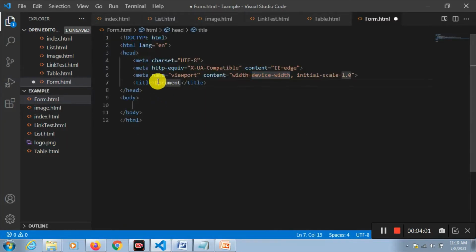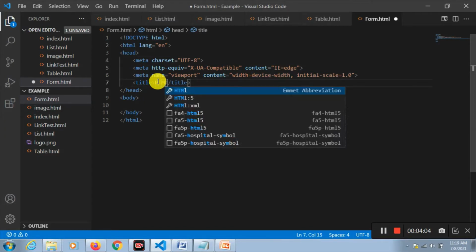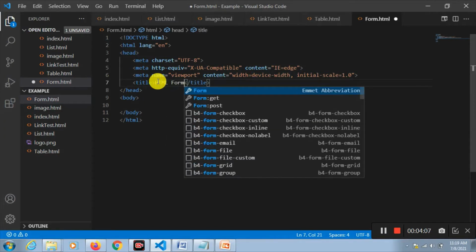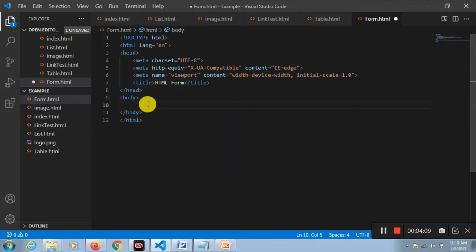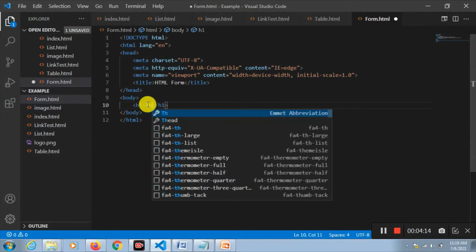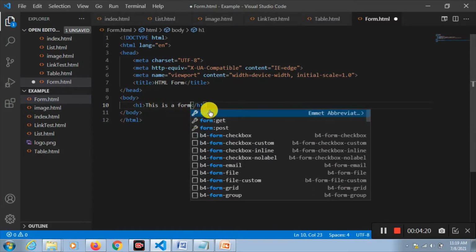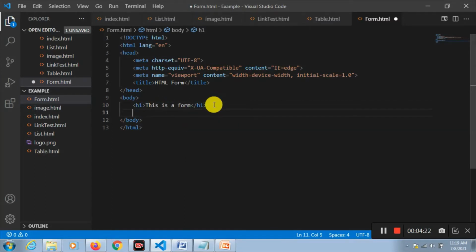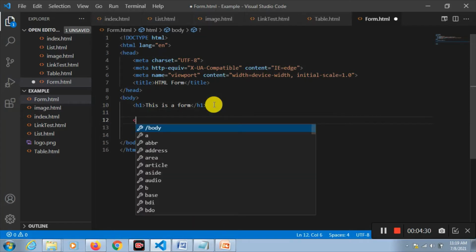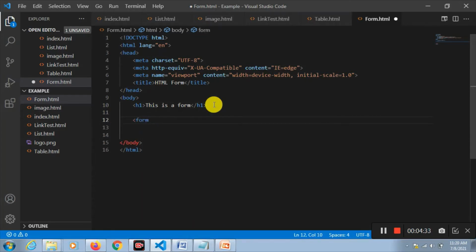We can change the title if we want. And from here our form element will start. This is our form, the beginning and end.